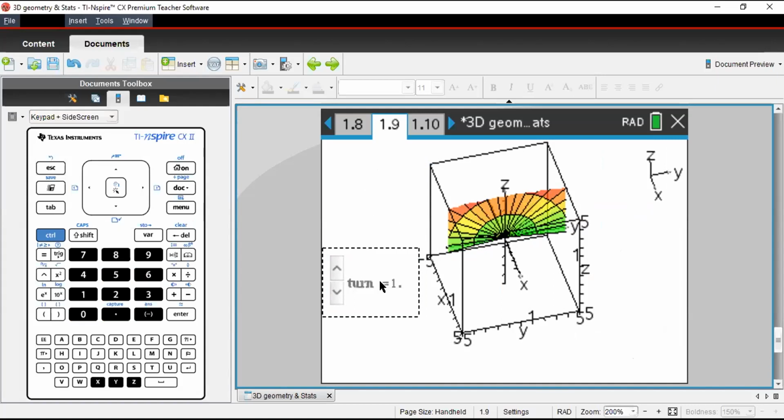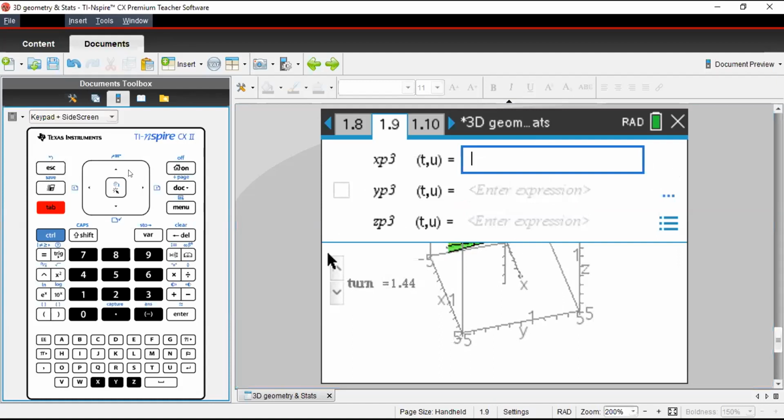Now, when I'm using the slider, you see that there's nothing happening in the window, in the model. So how do I connect my slider with my 3D window? Let me go back to my parametric equation by clicking on tab. You can see X parameter 3, because we have defined 2 parameters already.